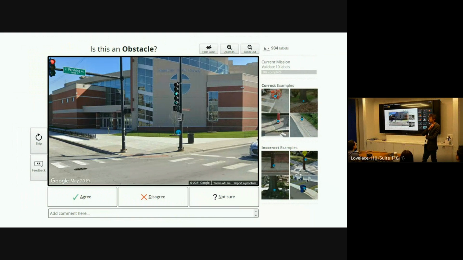So I know this is tough. What we found, especially in our early studies, if we're like, okay, I want you to label poles. People are like, oh, I'm like, but only the poles that are obstacles. And people are like, well, we're really good at labeling poles. We're not so good at assessing whether or not it's an obstacle. So generally, in this